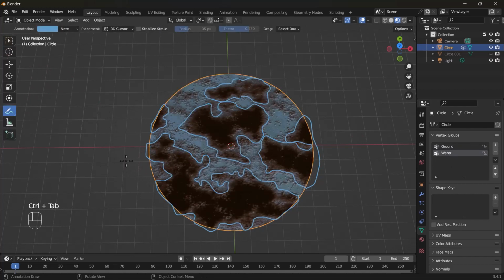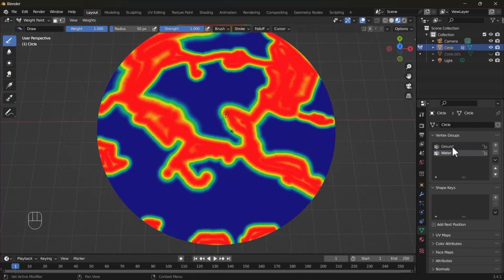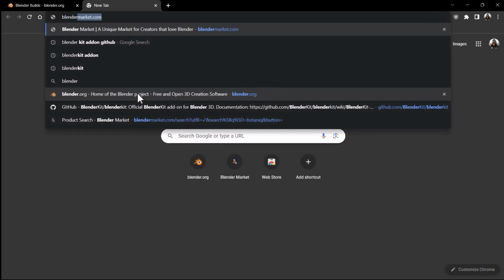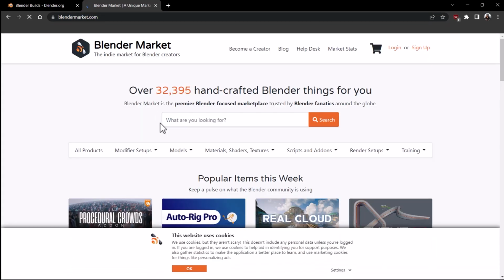Okay, now when you're done with this lengthy and most probably frustrating part, get ready to do the best part of this video, that is to instance objects like grass, flowers, rocks, and some other miscellaneous things. Okay, so for the assets, I'll suggest this great and probably the best add-on for trees and grass and every nature-related thing. It is Botanic by Polygonic.